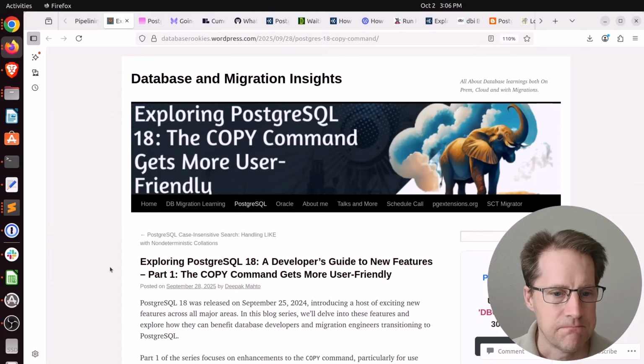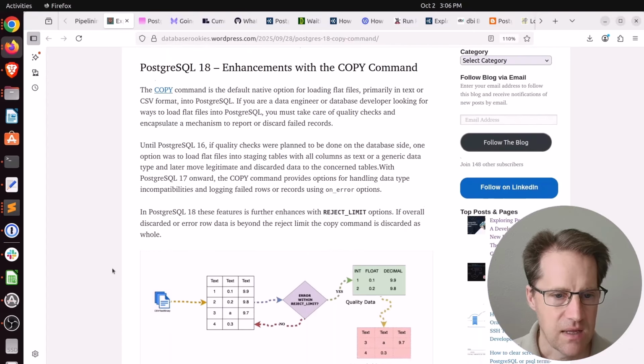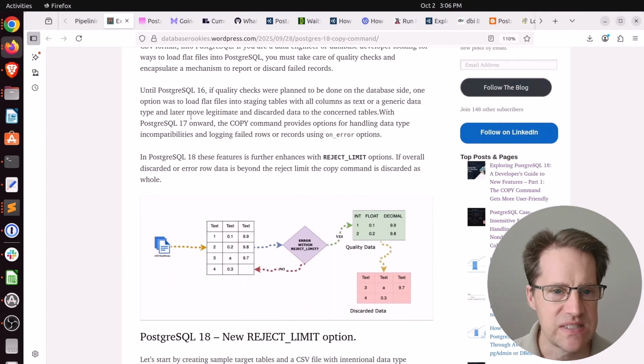Next piece of content, Exploring PostgreSQL 18, a developer's guide to new features. The COPY command gets more user-friendly. This is from databaserookies.wordpress.com. And as of Postgres 17, we got the on_error option. So you could log failed rows,